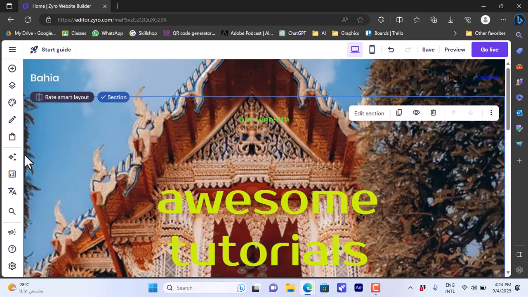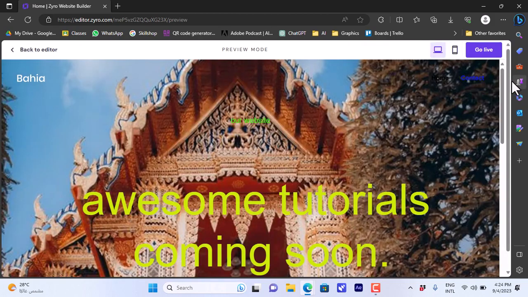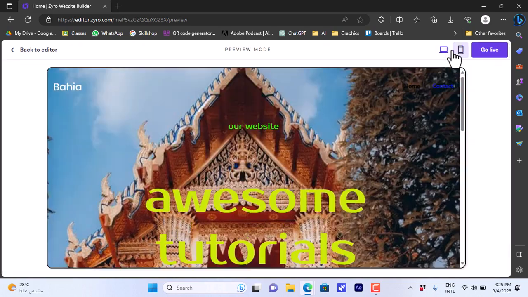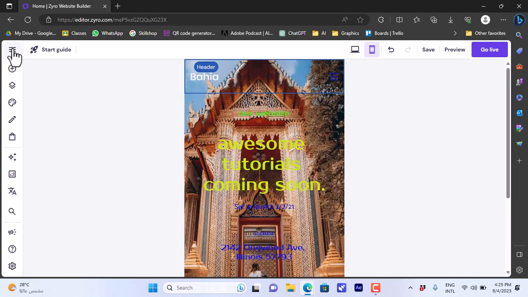And once you are done with all your edits and you like the way your website looks, we can go and click on save. And we can preview our website. So that's how your website will look to a visitor. We can preview how it will look on the desktop and the mobile devices. And once you are happy with the edits and you decide it's time to publish your website, click on go live, or from here, go live also. So if you click on go live